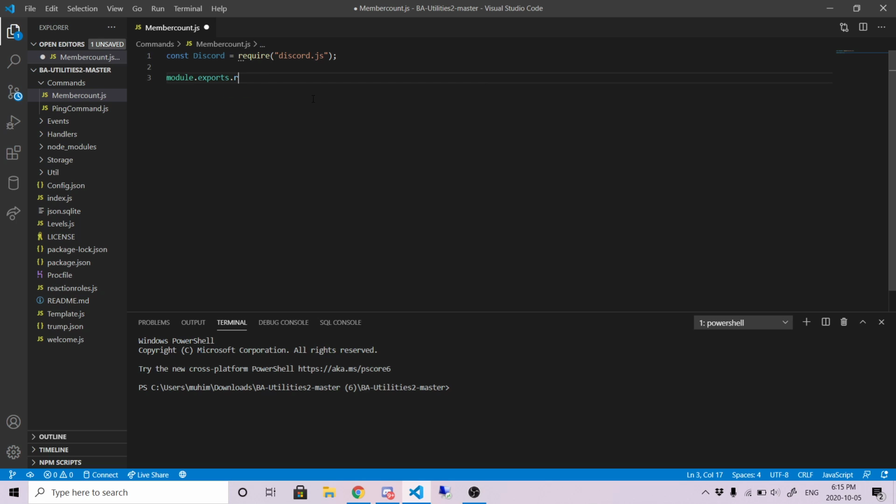module.exports.run equals an asynchronous function with bot, message, and the arguments, and then we're going to define the member count. So we'll do let member count equals message.guild.memberCount. We need to change it to something else. We'll do serverMemberCount,